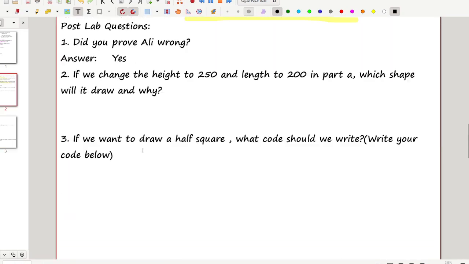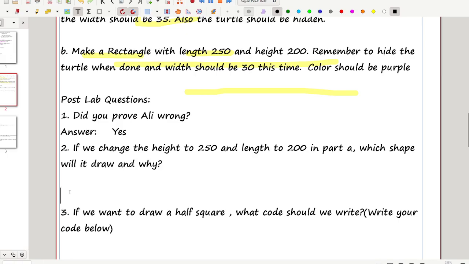It will draw a rectangle. Answer is rectangle, because opposite sides are equal. Programming also requires maths, because these are the reasoning questions. So